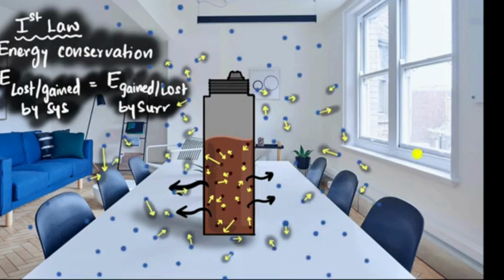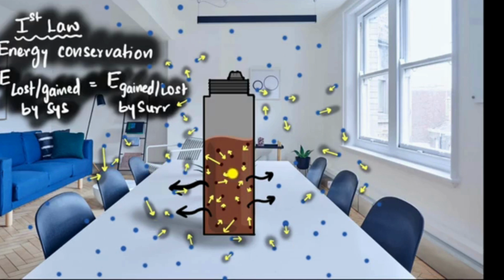You have so many more molecules, because remember, the surrounding represents the air molecules over here, the molecules of this room, and so much more. Since our surrounding has way more molecules compared to the system, when you distribute the energy over all of these molecules, the average kinetic energy gained is almost negligible. As a result of that, the temperature of the surrounding hardly changes.